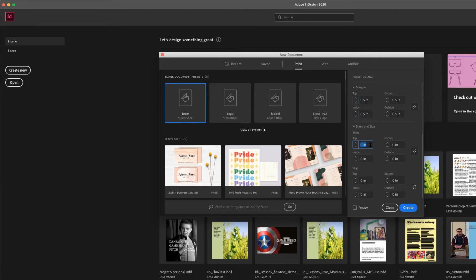So bleed is the area outside of the edge of the page. The reason you would have a bleed area is if you're going to actually print ink to the edge of a page, we want to extend that artwork past the page edge, because in most cases, when items get printed, they get printed on larger paper than what the finished product size is going to be. And so they have to come back and cut or trim that product. So when they cut, to make sure that the blades have some leniency as far as if they cut too short or cut too wide, by extending our artwork beyond the page edge, it gives us that bit of error